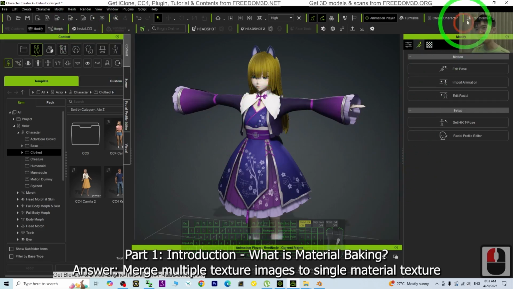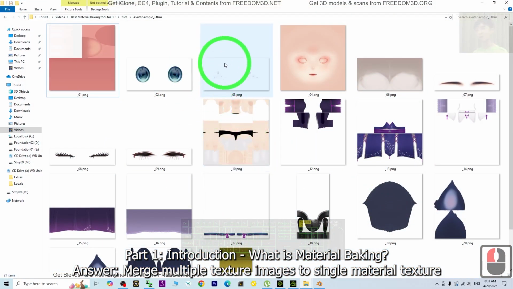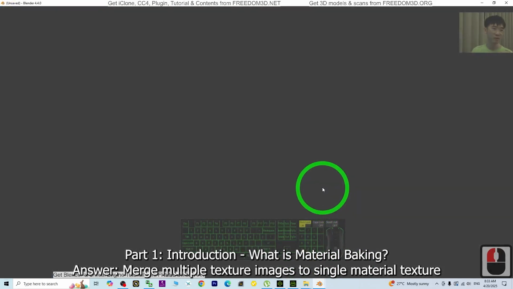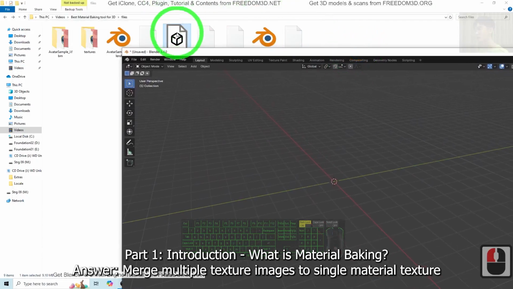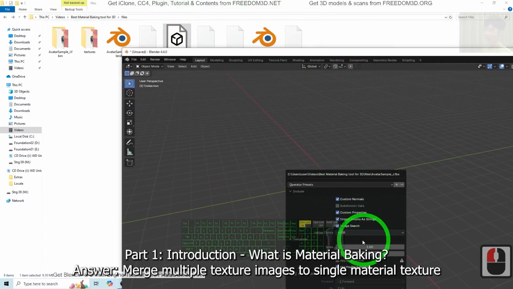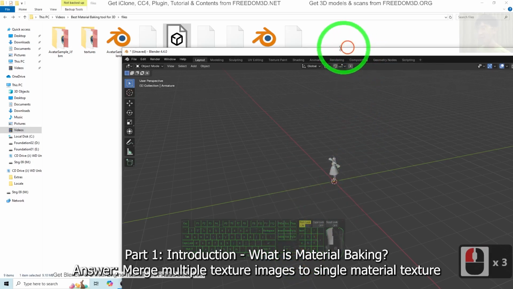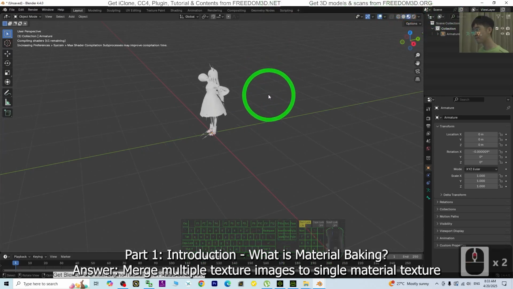So starting now, I'm going to show you all the steps for a 3D model with multiple materials. Now I have a 3D model with multiple materials, and I'm going to show you what multiple materials means. This is the original 3D model. I drag it into Blender and show you how complicated it is for all of the materials. I turn the material on,